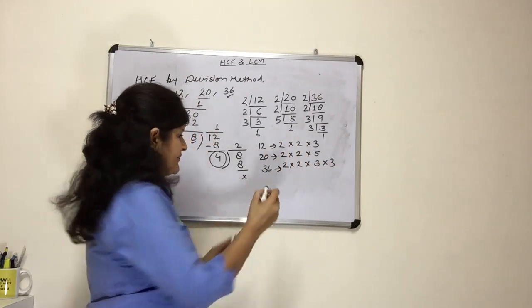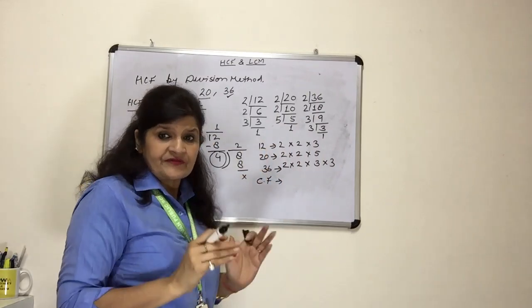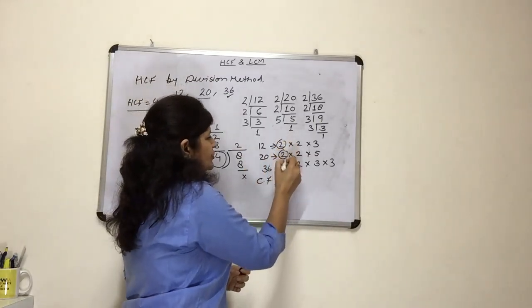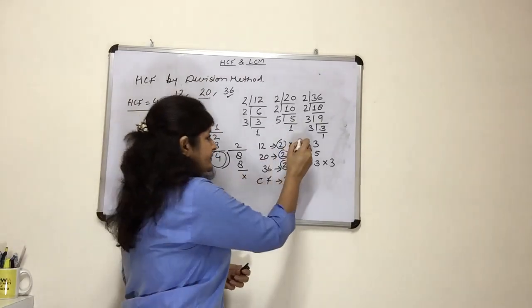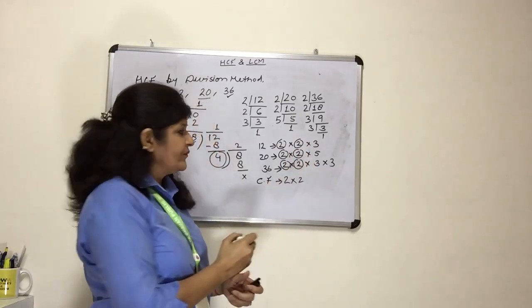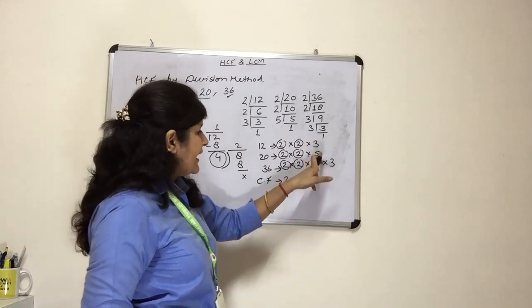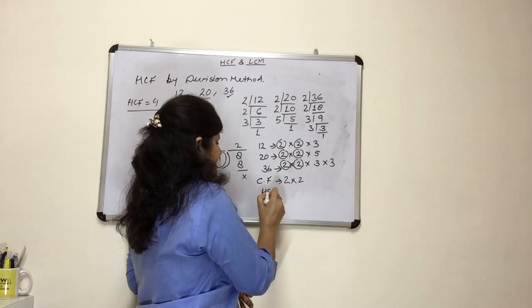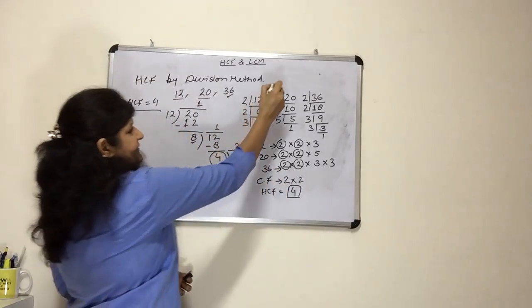Now let us check the common factor. Which factor are all three numbers having? So this is 2, 2, 2. In all three cases the 2 is there. So we will write 2. Again 2, 2 and 2. So we will write 2. 3, but this 20 is not having 3. So we cannot write 3. And this 5, nobody is having the 5. So the HCF is 2 2s are 4. So this is prime factorization.